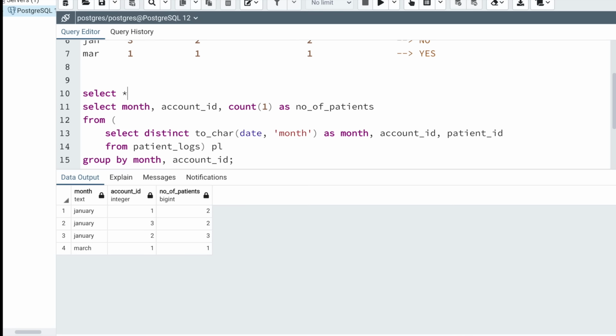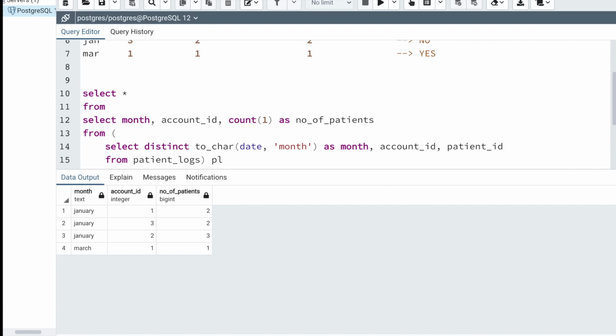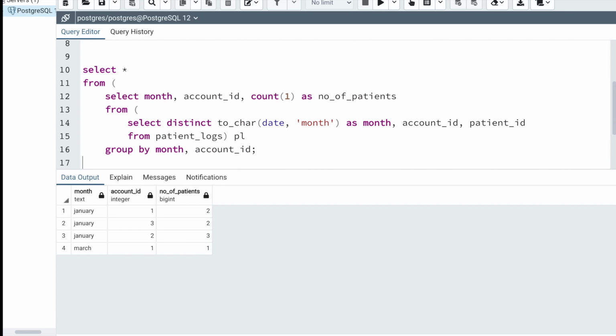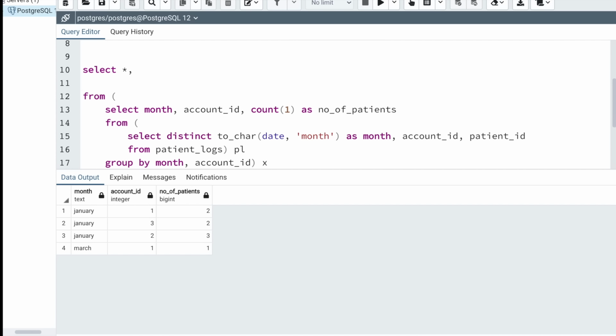So I'm just going to say select star from, and I'm just going to move this to the right, and here I'm going to give an alias for this, something like, let's say X. So what I'm doing here is select star from, and here I need to calculate the rank of each record. For that, I'm going to use the rank function, because rank is generally what you use when you want to rank a particular record. And then I'm going to use the over clause because it's a window function.